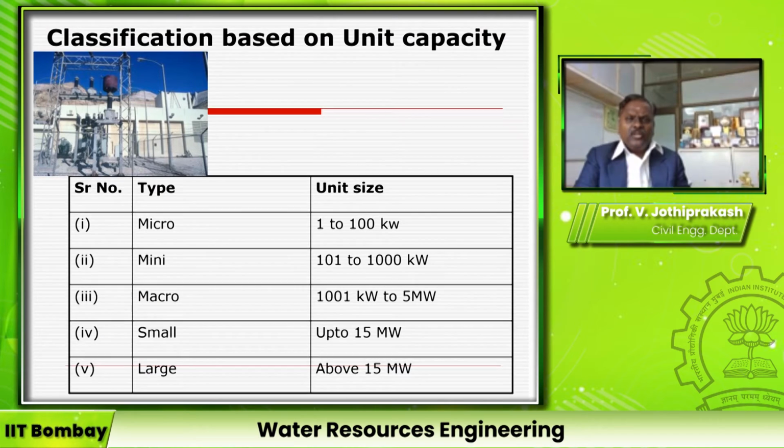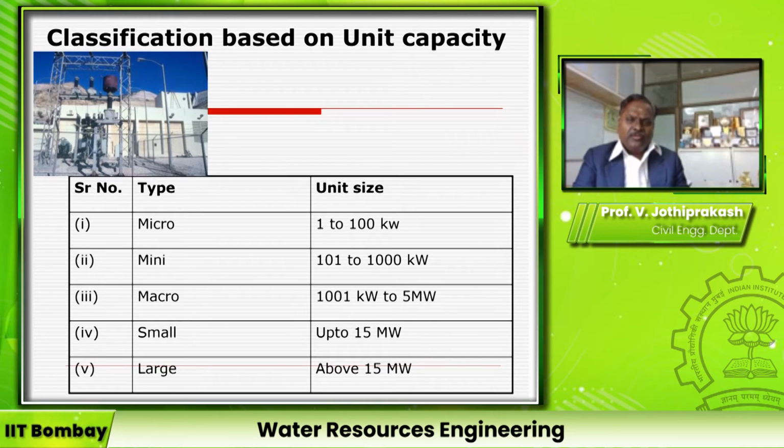Then based on the unit capacity, how much power the generator produces. If it produces 1 to 100 kilowatt, we call that a micro power plant. If it is 100 to 1000 kilowatt, we call it a mini hydroelectric power plant. If it is from 1000 kilowatt to 5 megawatt, we call it a macro hydroelectric power